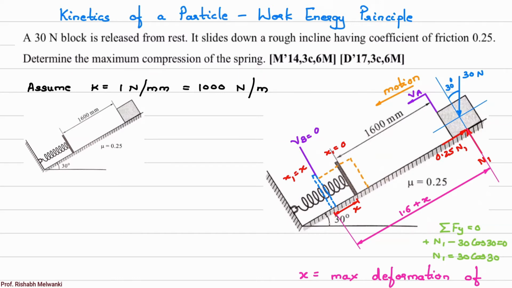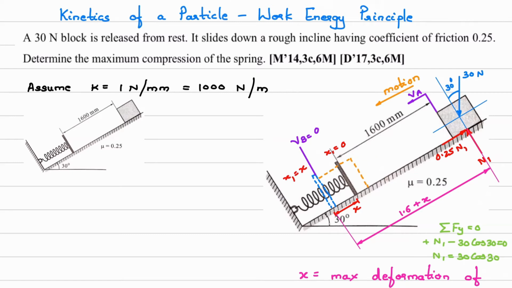Understand the diagram. We have an inclined plane. Angle of inclination is 30 degree. This is the diagram given in the question. Rest of the things I have shown in the diagram for analysis. Okay, so what is shown in the diagram? We have an inclined plane at an angle of 30 degree. Initial position of the block is this one. Block is at this position.